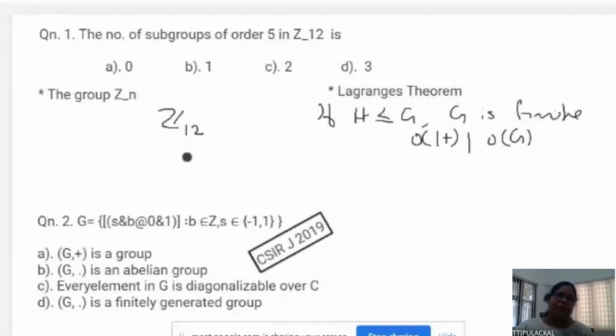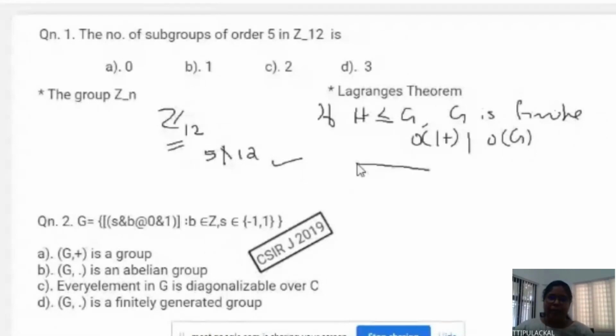And every subgroup has order a divisor of 12. So we can see that there is no element having order 5, because 5 is not a divisor of 12. So it cannot have an element of order 5, and so it cannot have a subgroup of order 5 either. Okay, so Lagrange's theorem is helpful. Now the second question is